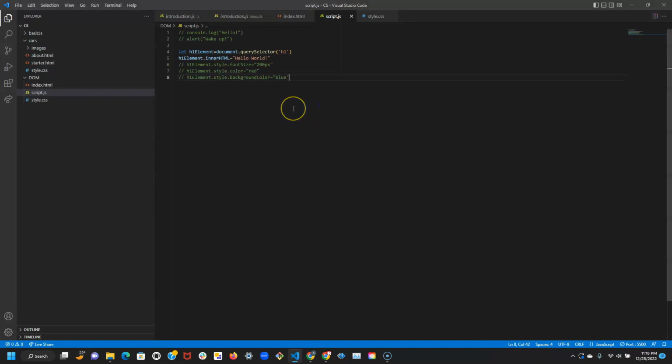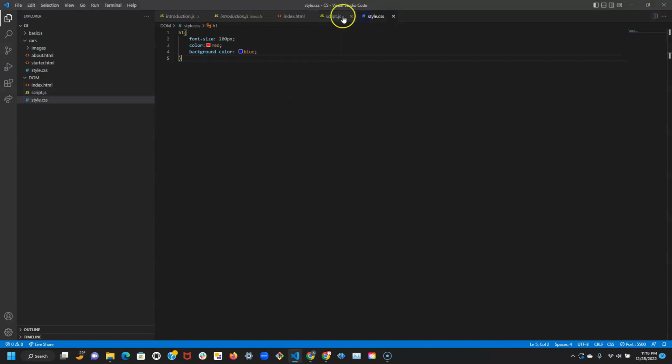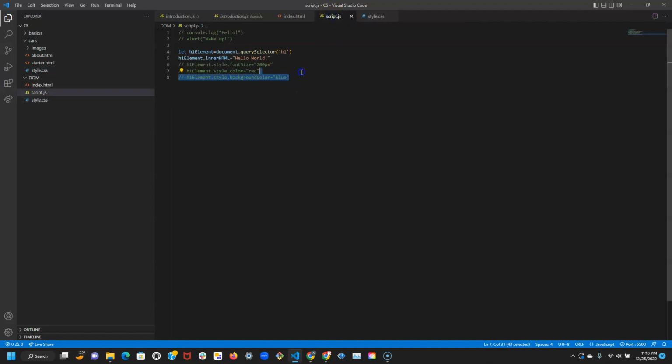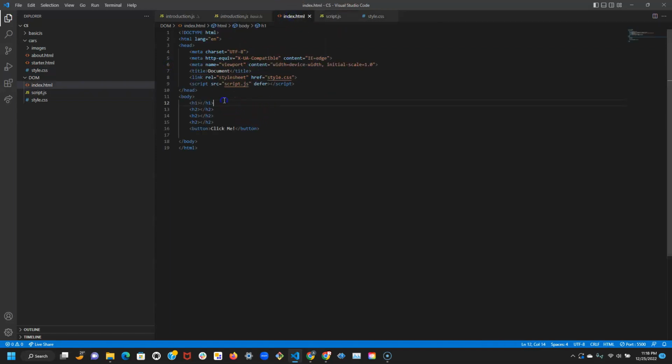So especially in large documents, CSS would ultimately be way better. Everything's much more simple. So yeah, I'm just going to comment all that out. Now what if I want to refer to the same type of HTML element, but I want to have multiple? Because guess what, if I add another h1, let's say I write y, I don't know, guess what, if I